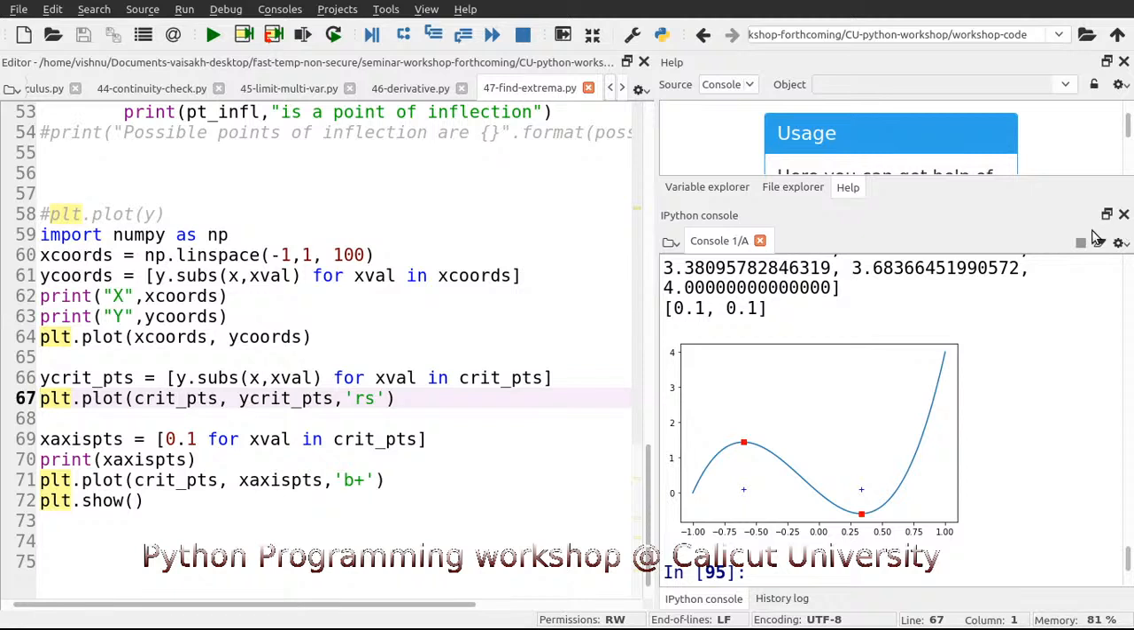Yes, that's what. So the critical points are, or critical values, not critical points, values are marked with plus, and critical points are marked with this red square, and the points of inflection also we can mark similarly. So to mark the points of inflection,